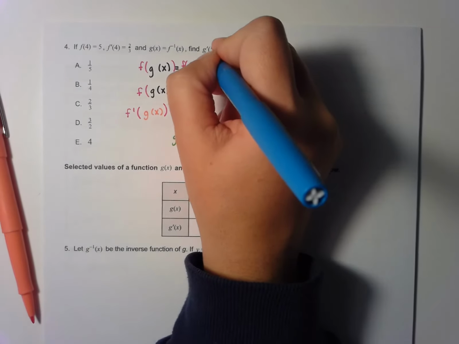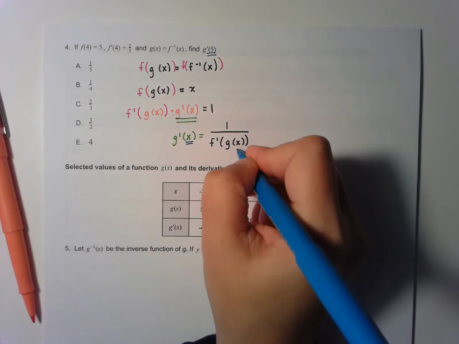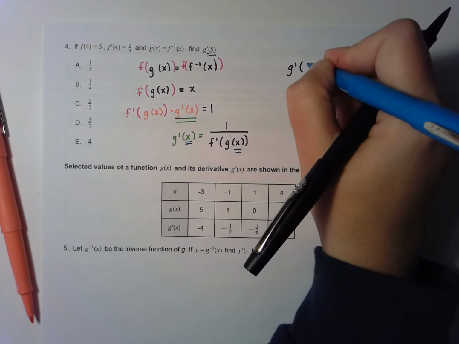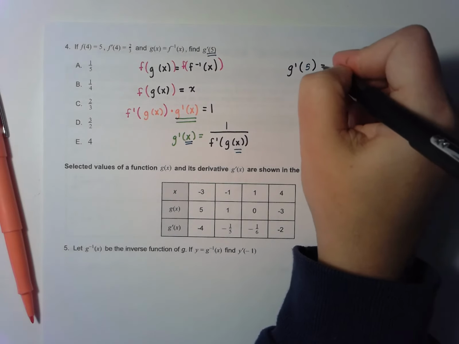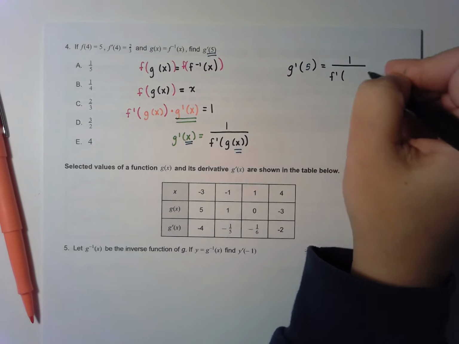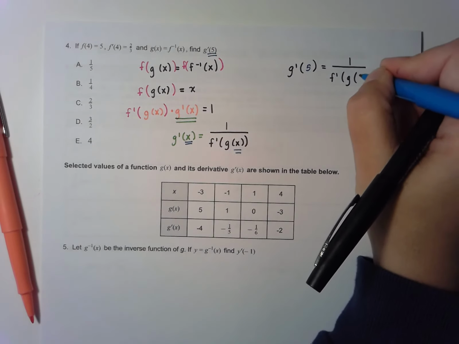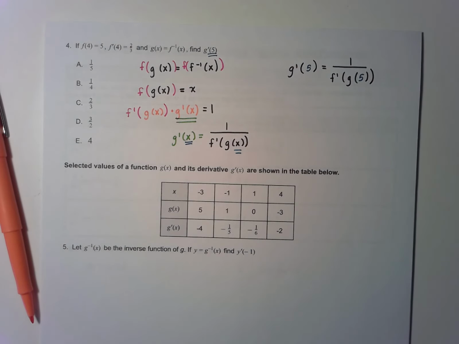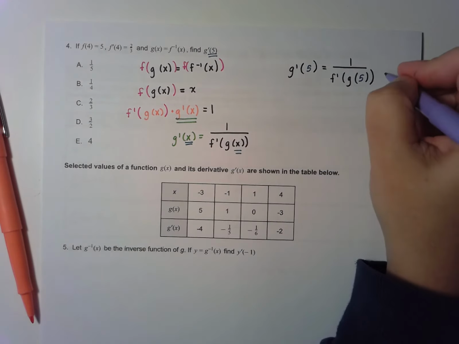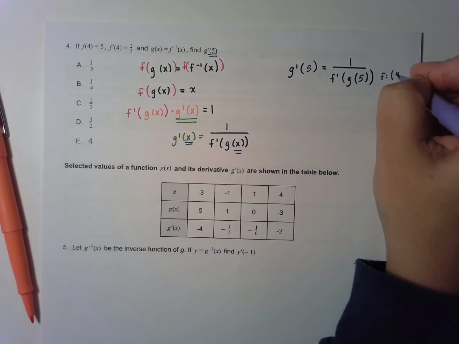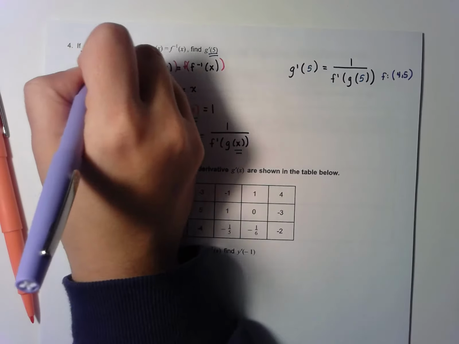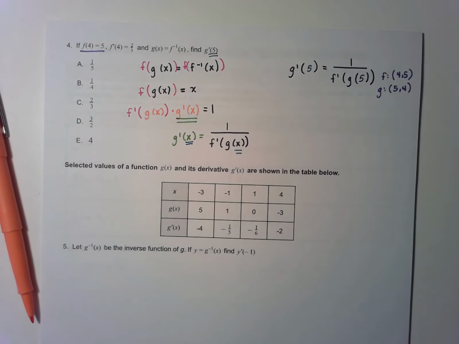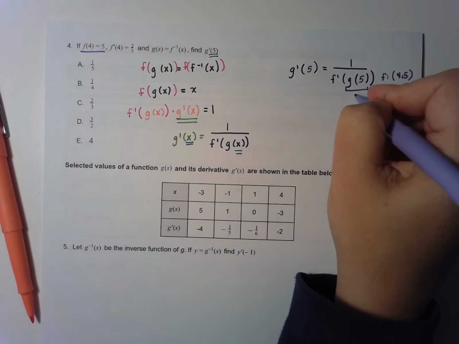Now, we want to figure out g prime of 5. So I'm going to go ahead and plug in the number 5 here and here, which means I have g prime of 5 is equal to 1 over f prime of g of 5. And let's see here. I don't know g of 5, but I do know that for the f function, I have the point (4, 5). I know that from right here, which means that for the g function, which is the inverse, I have the point (5, 4). So g of 5 must be 4,